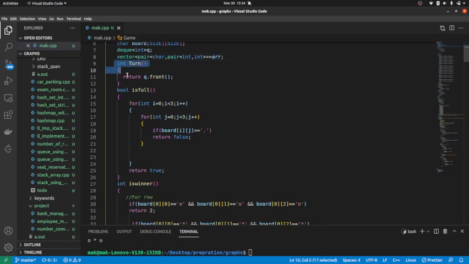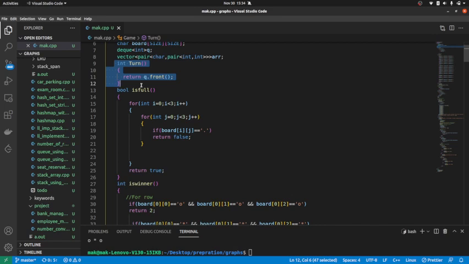Here I am creating one function, that is turn. Why? Because I am taking a deque, deque meaning double-ended queue. As there are only 2 players, we could easily do it with a variable only. But I have done this to make it extensible for multiplayer.